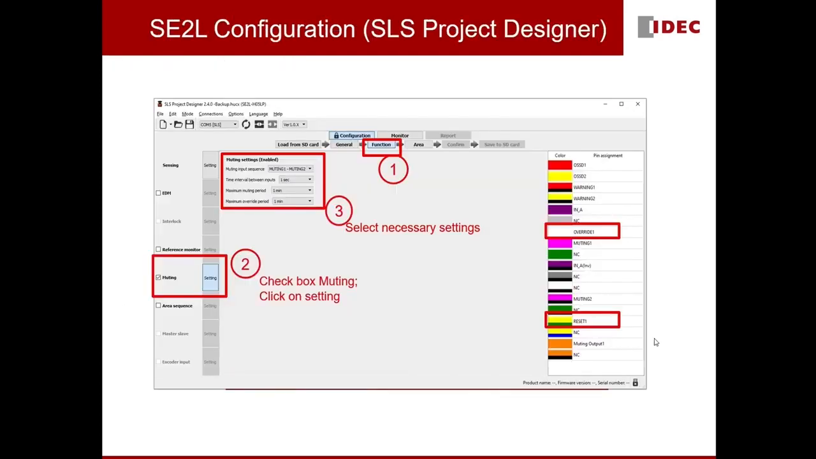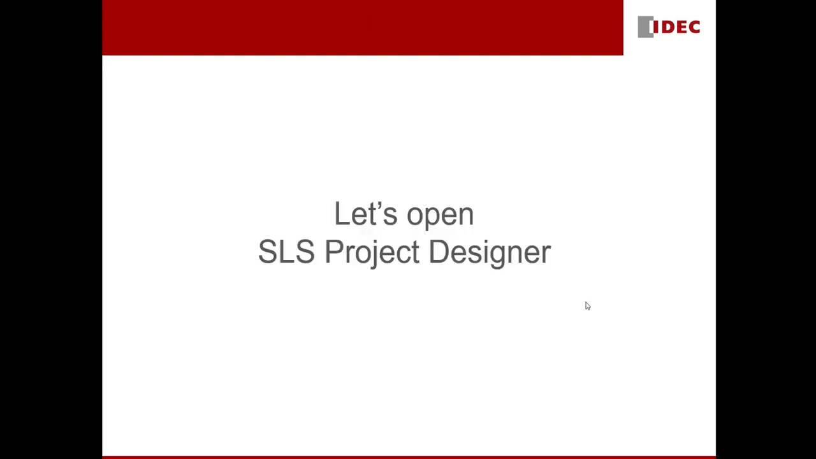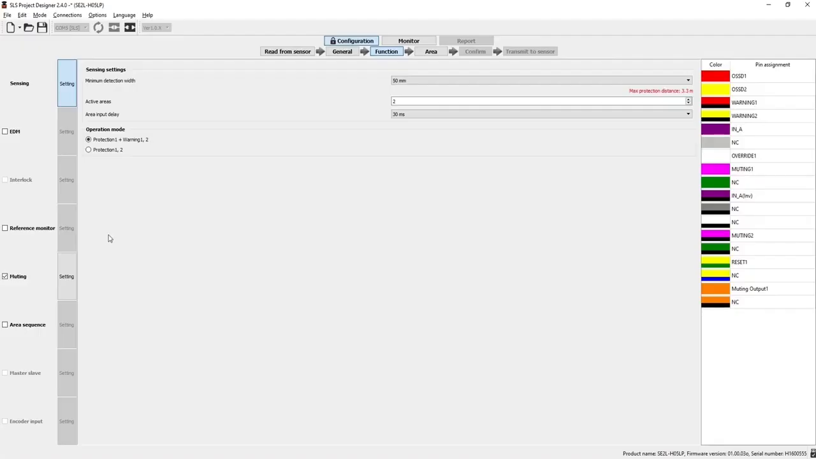As you can see, override 1 and reset 1 are already there. So here we are additionally using it for the override function. Let's now move on to the SLS Project Designer for practical understanding. As we have already seen the settings in the previous video solution, additionally I have the checkbox muting. I'll be clicking on the